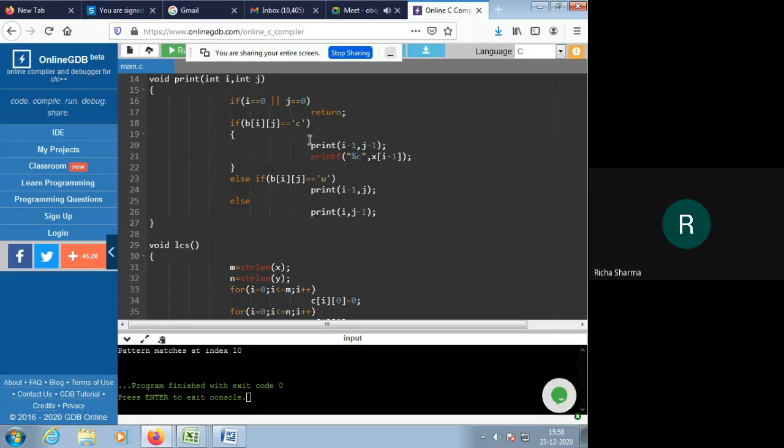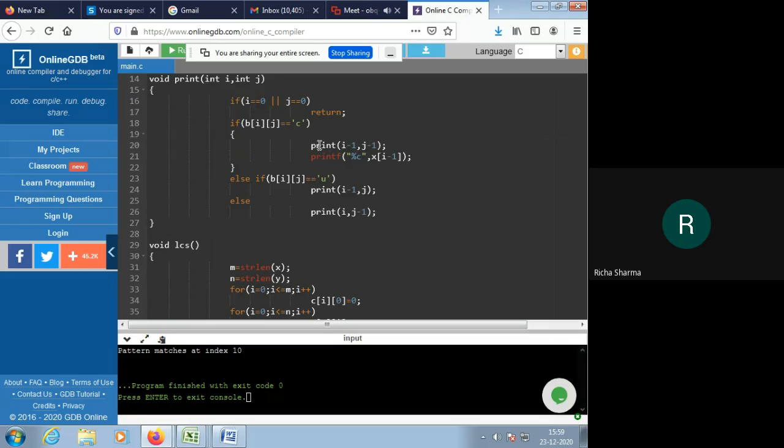And after solving this print function completely, we print that particular matching character, because if it is equal to that diagonal arrow or this c, that means both the characters matched with each other. That's why we have put here c or a diagonal arrow.